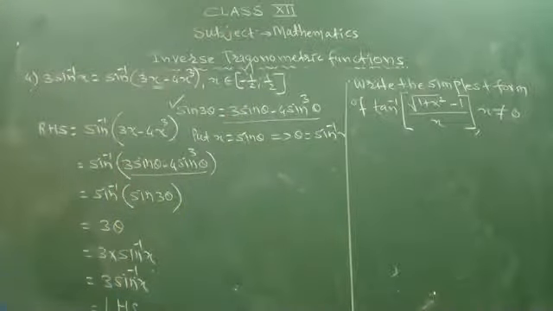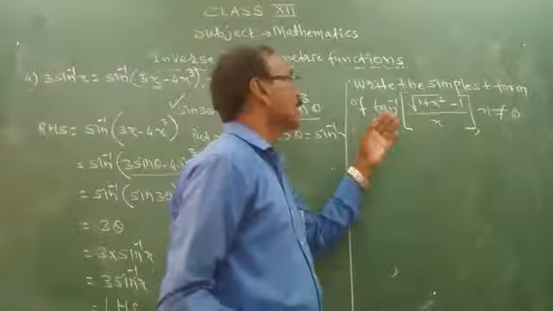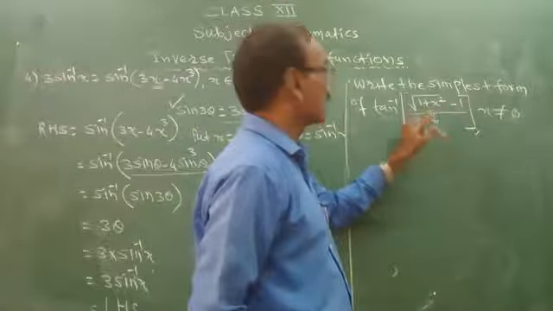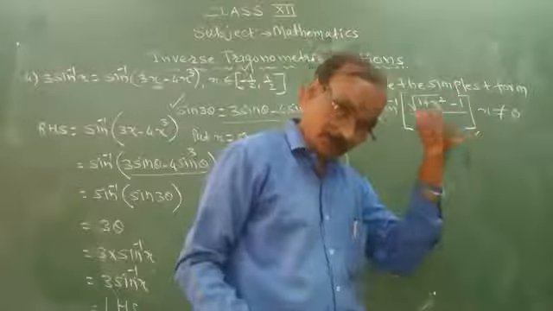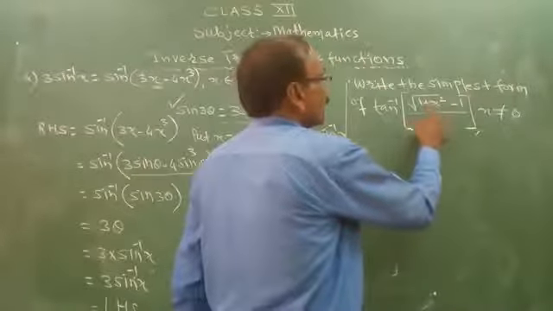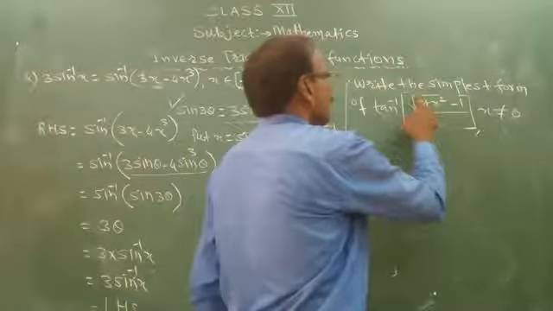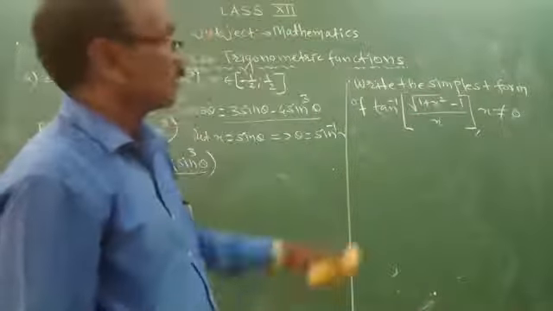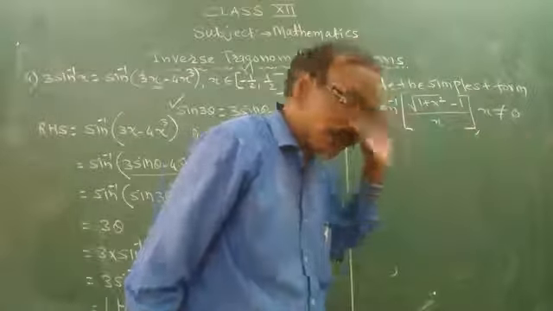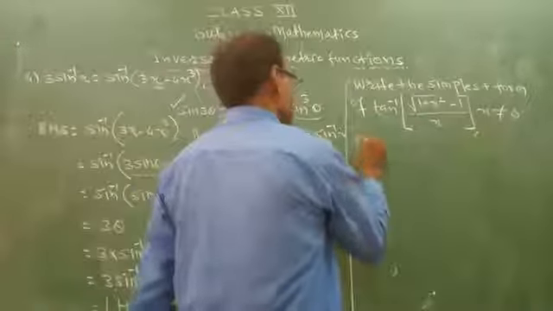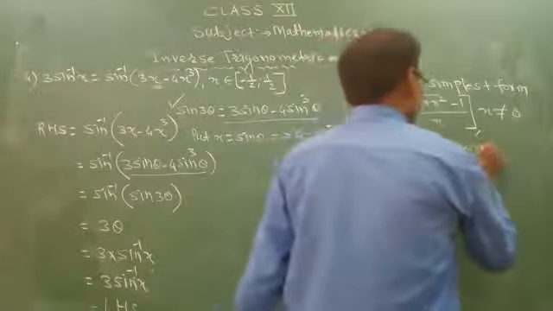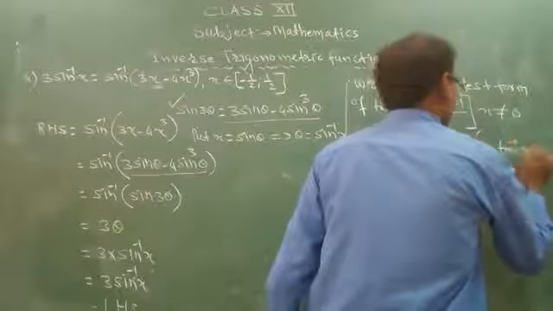Right? See here. Now here, tan inverse, in the bracket it is given under root 1 plus x square minus 1 upon x. So I have to convert it in terms of tan. If I put x equal to tan theta, then it will be 1 plus tan square theta, that is sec square theta, the square root of sec square theta equals sec theta, and then you get sec theta minus 1 upon tan theta. So put x equal to tan theta. Okay, this implies theta equal to tan inverse x.